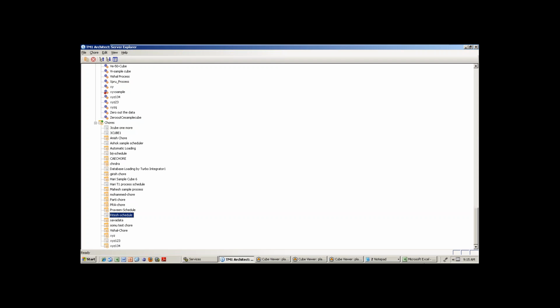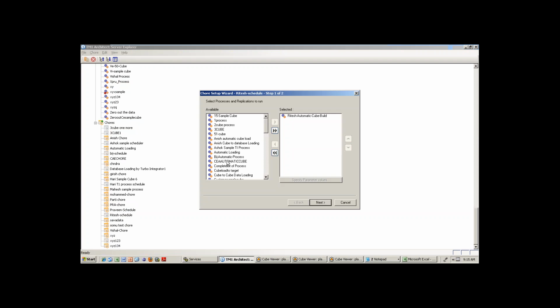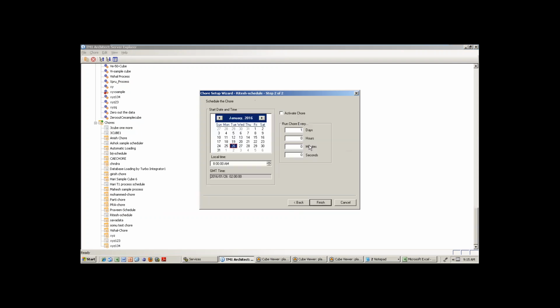So the scheduler concept is also here, but anyhow, there are different concepts for chores. Because if you see in the scheduler, there are only very few options, like run every 1 day or every 1 hour. But in Cognos, there is run every first day of, last day of, first month of, last day, something like that.